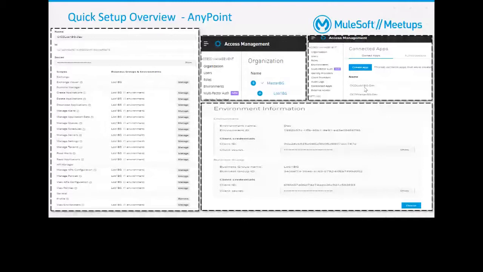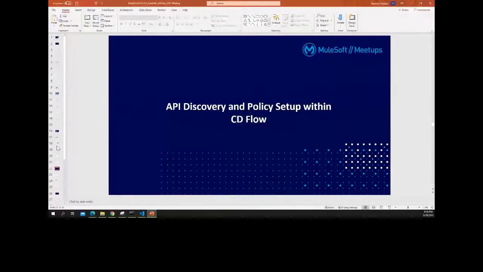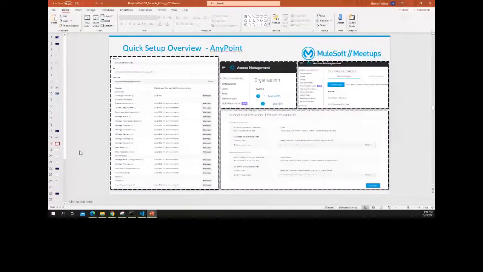Okay. So I think so far what we have seen is CI, CD, as well as configurations which are actually behind the scenes, sitting as part of the Anypoint Platform. So from this point, Akshay, would you please take a quick screen share and share the insights of all your setup which you have for CI, CD, and the API discovery related. Meanwhile, I will see a few questions, or I can answer further questions, and you can carry on with this session. Okay, thank you, Nemish.